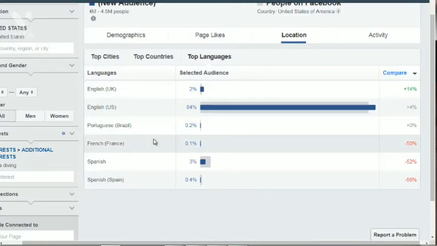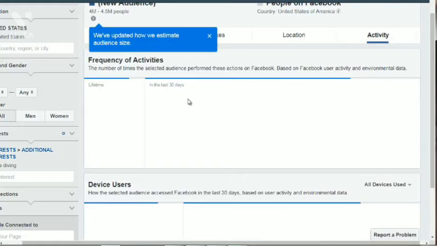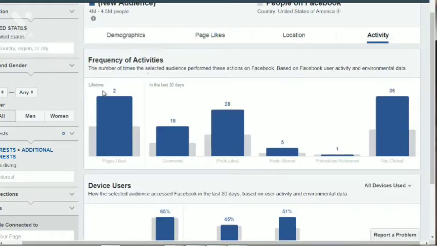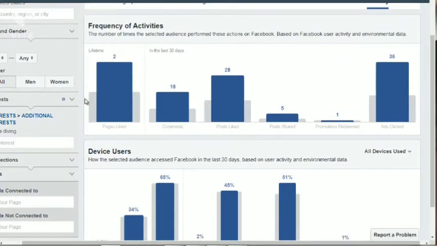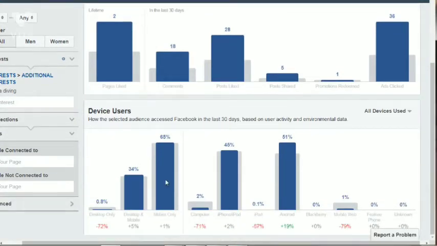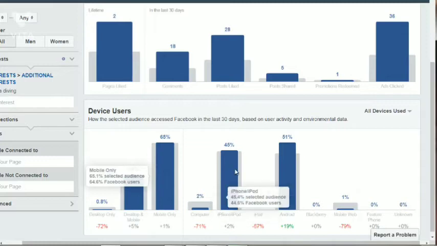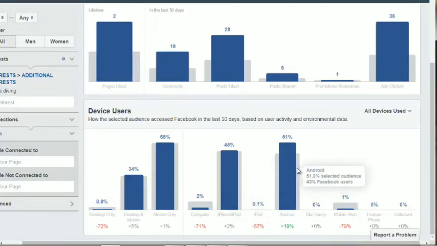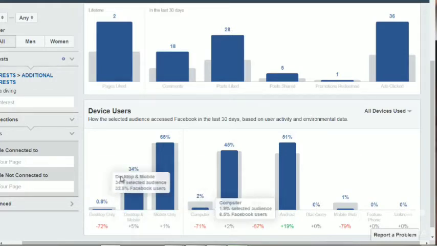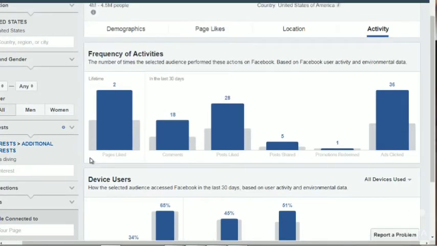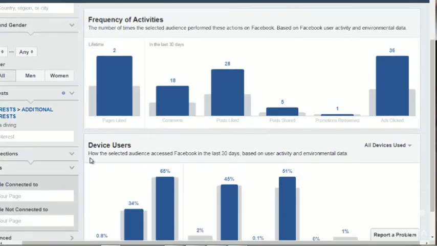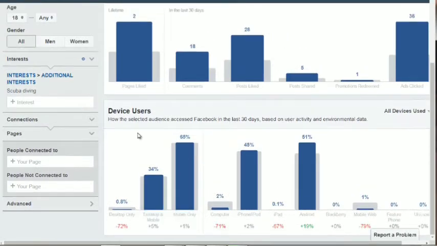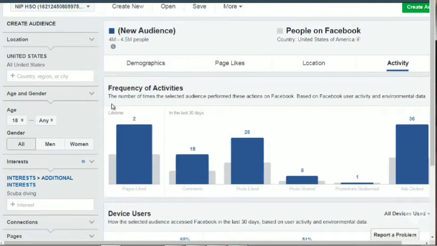So if you click on activity, we can get a better view of how people are interacting with this niche, what kind of devices they're using. They're using mainly mobile devices, iPhones and Androids. So we can see that a lot of them are not at desktop, which gives us an idea that because these are outdoorsy people, they're most likely not going to be surfing inside their house, basically. So now let's take all this information and create an avatar in the next video.